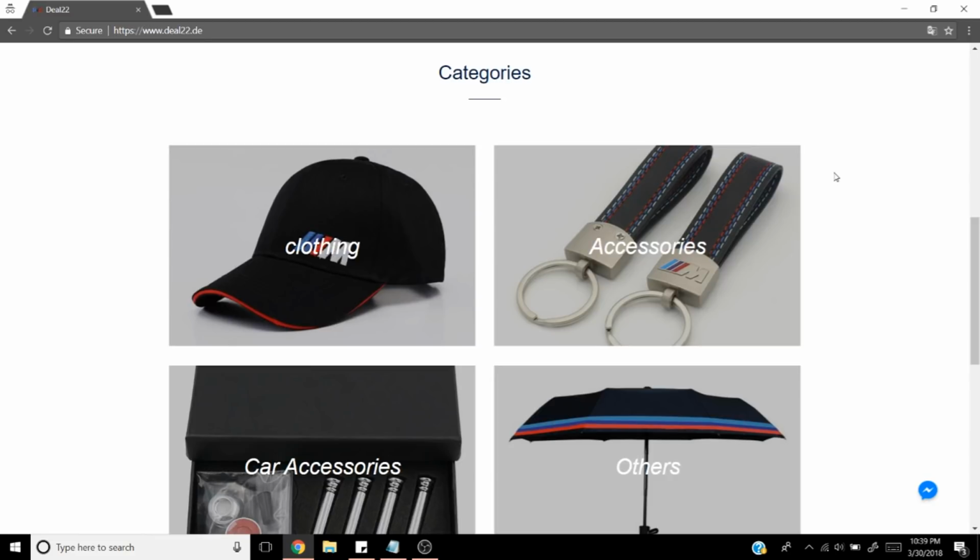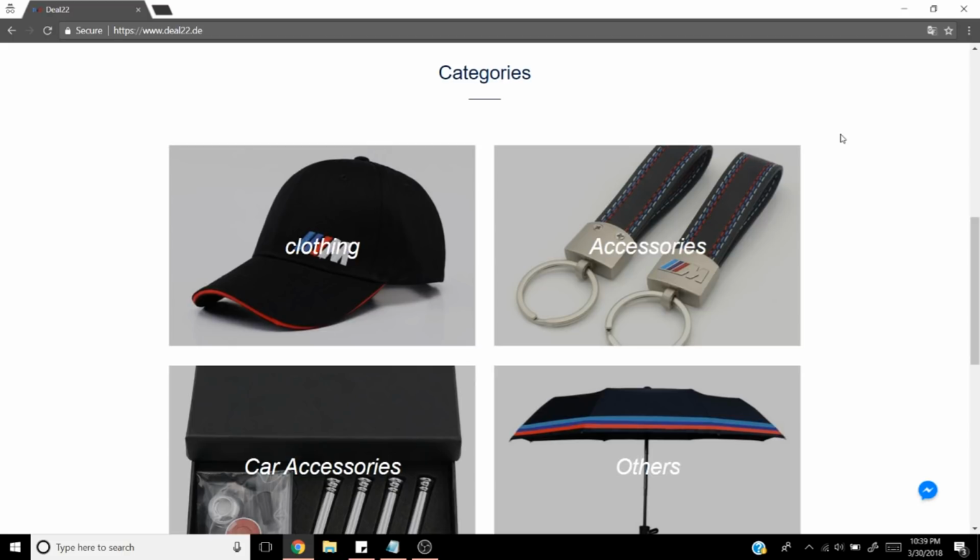Okay, so this website, we got some BMW stuff, which I don't really know how protected this trademark is, especially with selling the branded stuff like this. So I may want to be a little bit careful with this, but it is a pretty good niche. It's definitely very specific, but the people that are in it are very passionate about it. They probably do have a lot of money to spend on this passion.